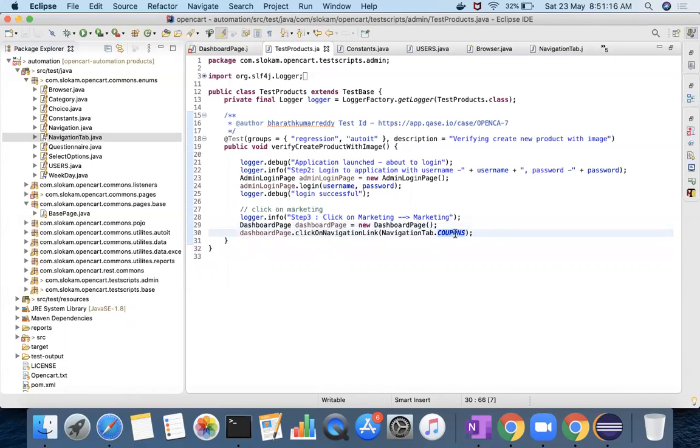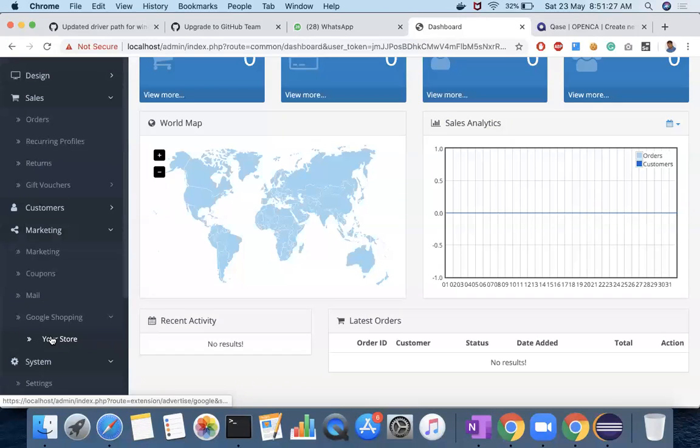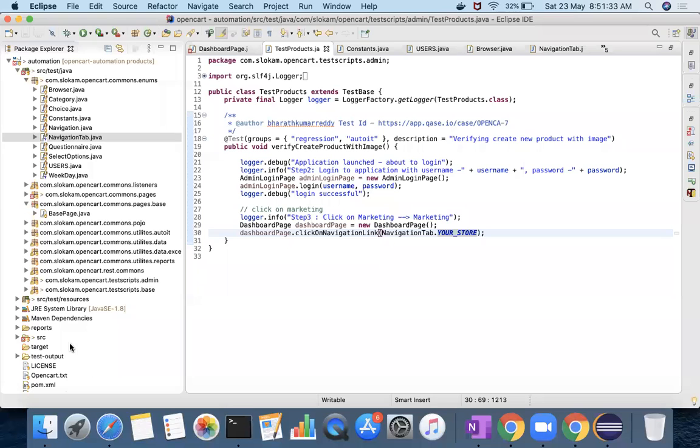If I use your store, it has to click marketing, Google Shopping, and your store. So all these 3 values you have to provide in the same enum.